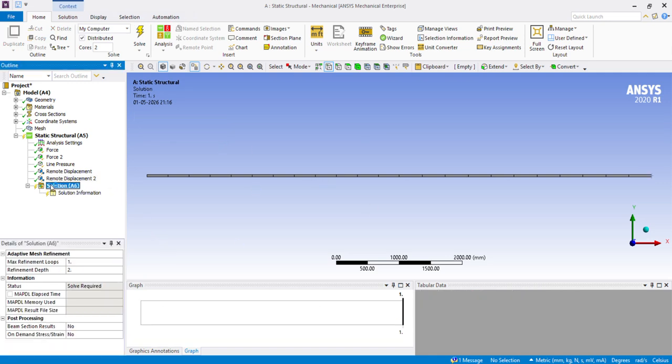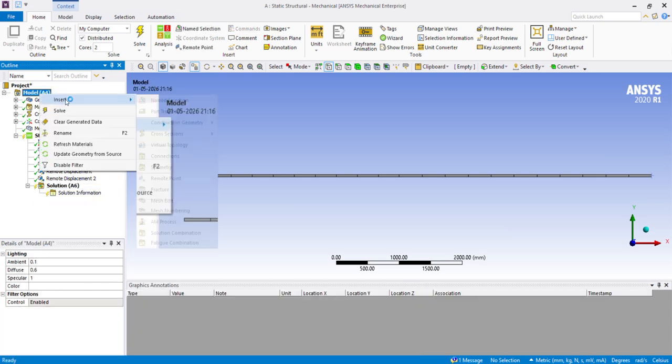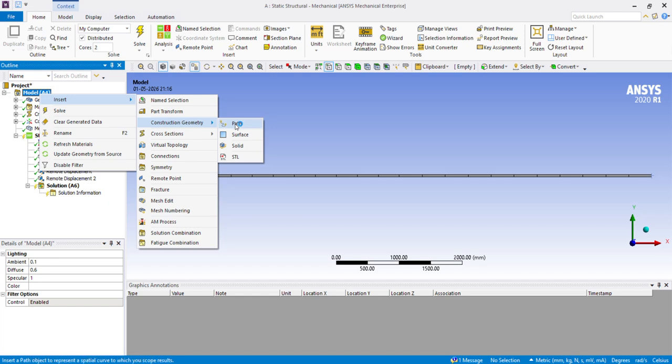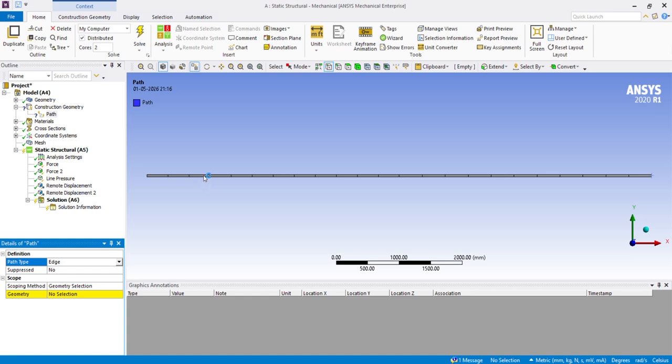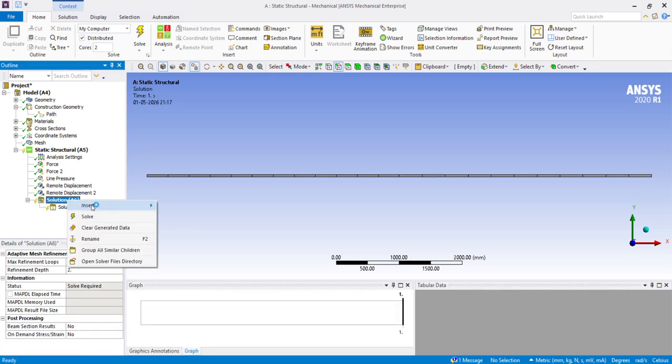Now go to solution. Before going to that, let us go for creating the path. Insert construction geometry path. Okay, so 2 points you remove and go for edge. Select first, go for selecting the edge, first edge. Okay, second edge plus, third edge plus. So you created the path. Now go for solution, right click, insert,